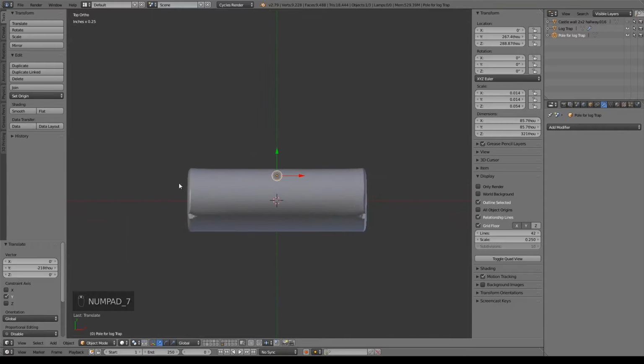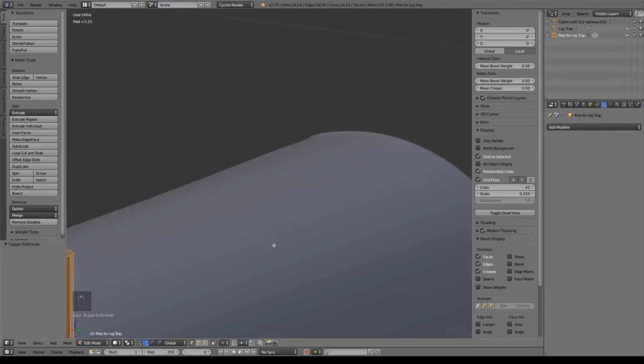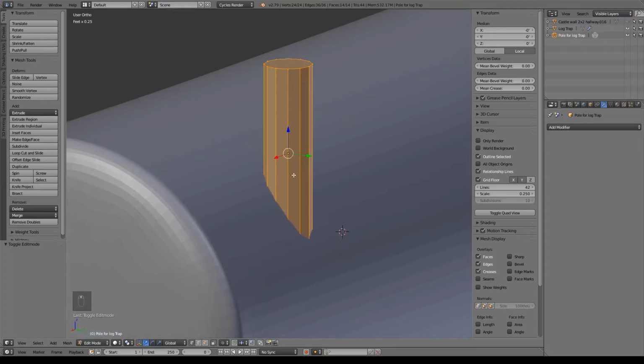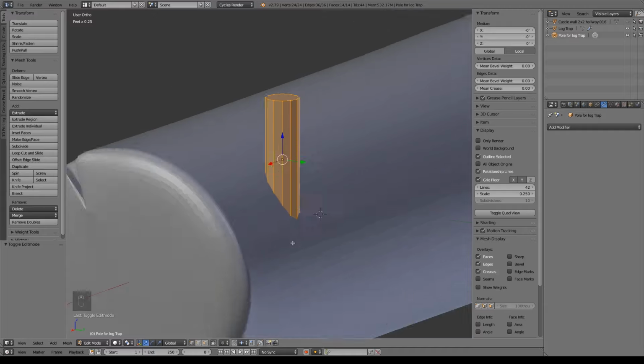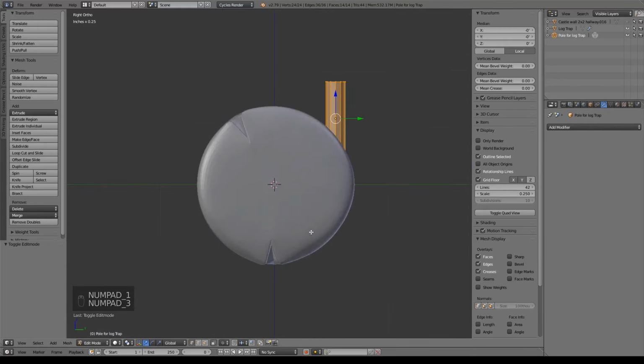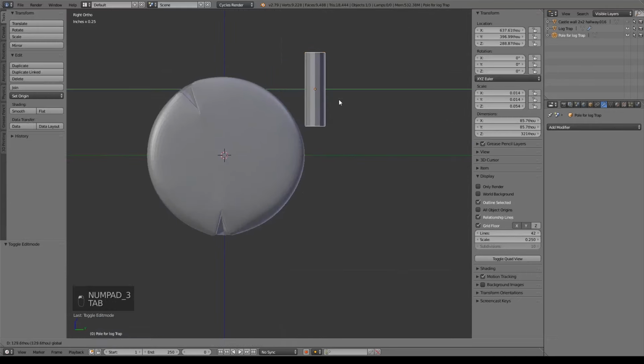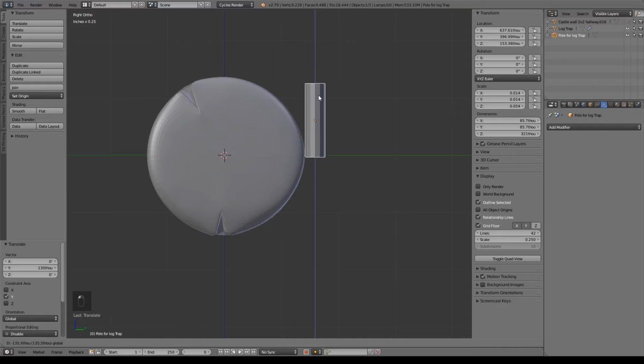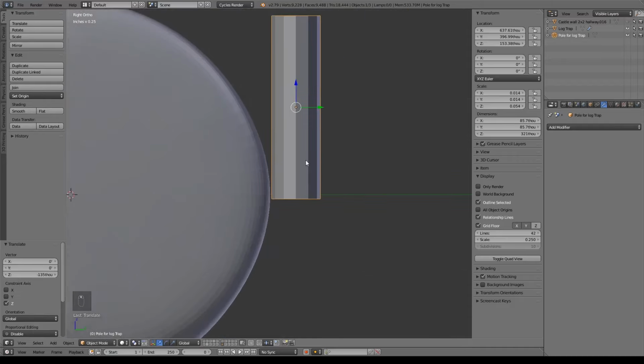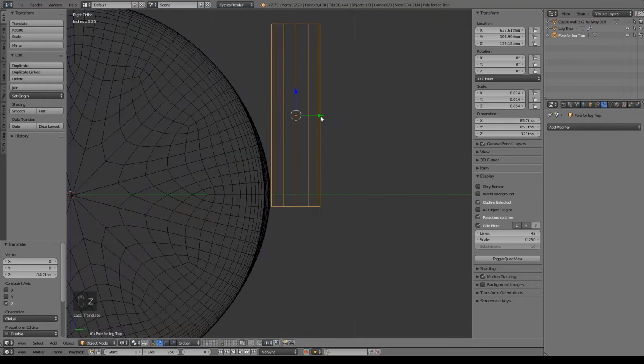Now I'm going to want 4 of these, but I'm just going to model the one first, maybe around here in between the second grid square from the end. So I'm just going to tab into edit mode and zoom in a little bit. Now you could have it just like this, so that way we can just boolean it and move on. But I don't really want to do that. I want to add a little bit of detail. So what I'm going to do, actually tab back out of edit mode and push it so that way it's down here on the y-axis. Because what I'm going to do,